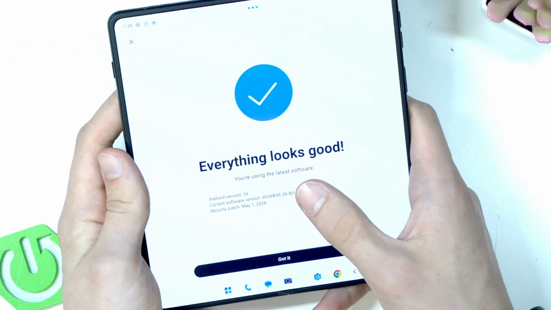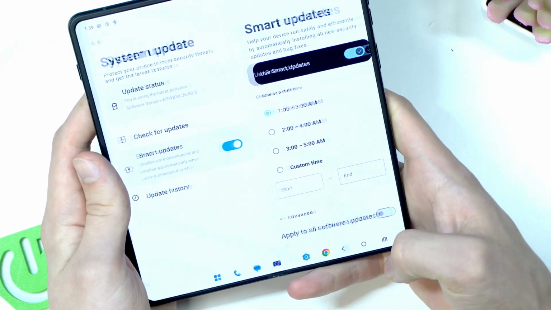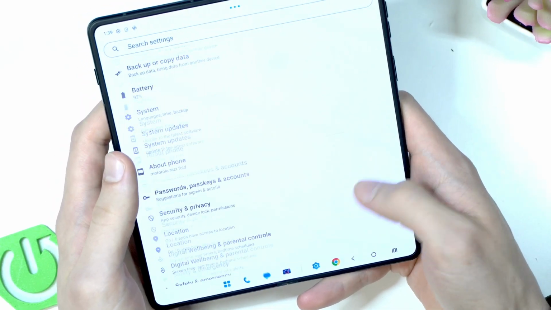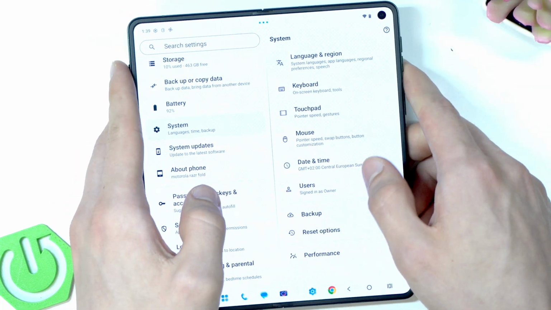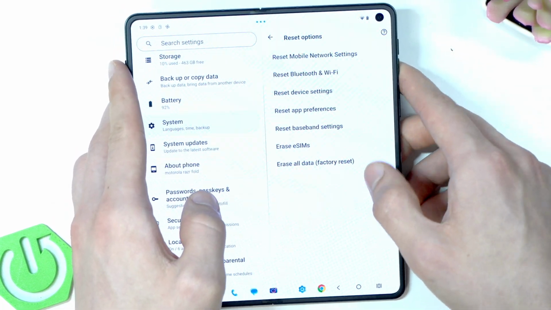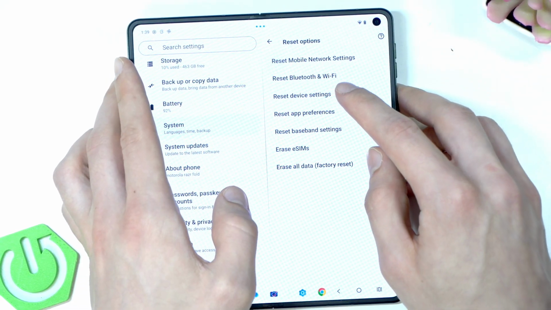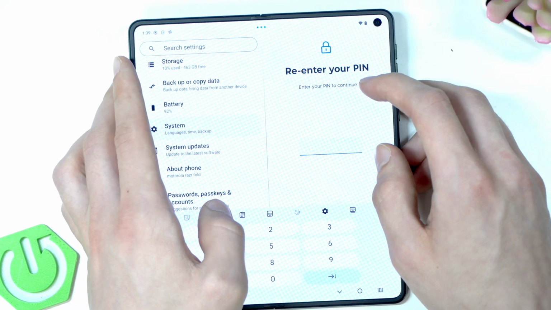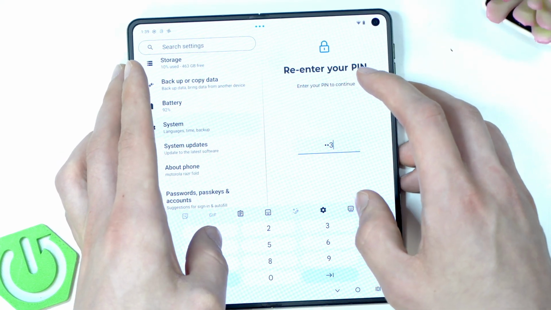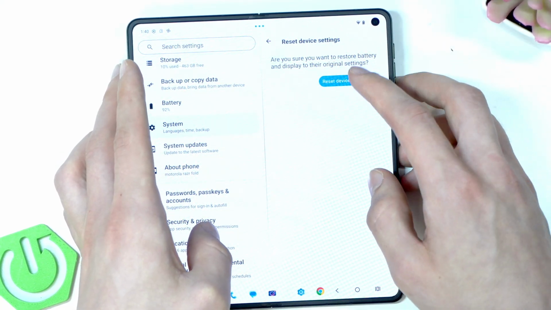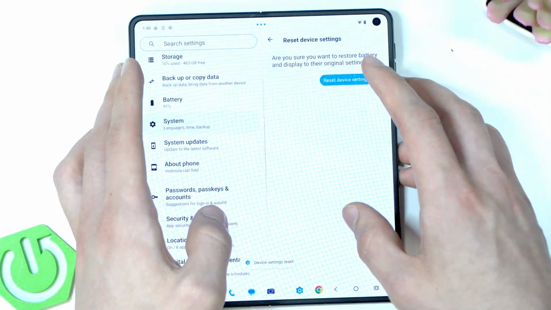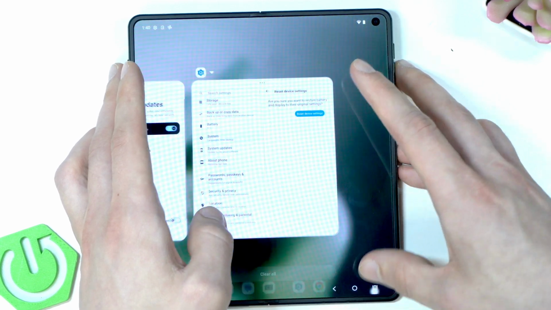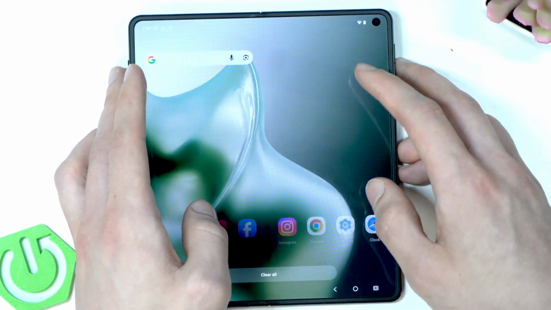But if you have the latest software version, what you can do instead is go to system settings. Then in system settings, you're gonna have to select reset options. Try resetting device settings by selecting this option and entering your password. Then confirm and try restarting your device once again. And after that, the issue should be resolved. But if not,